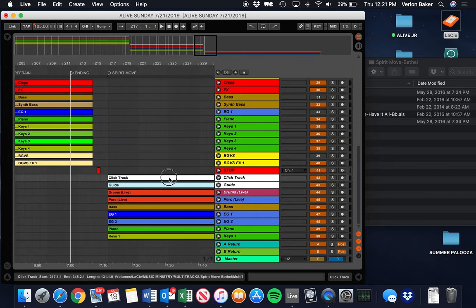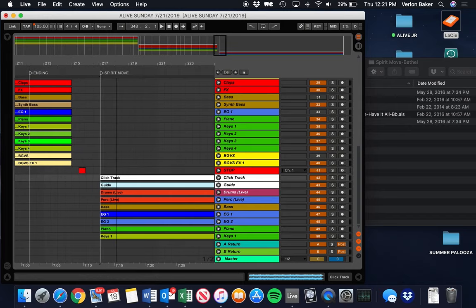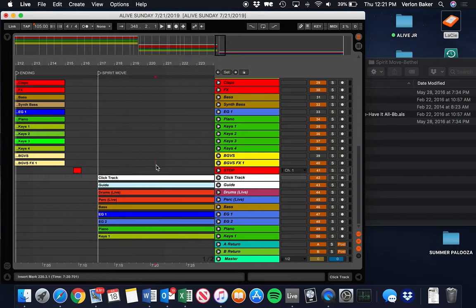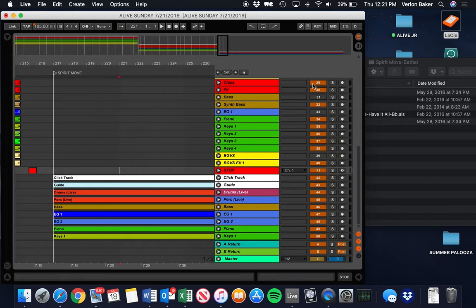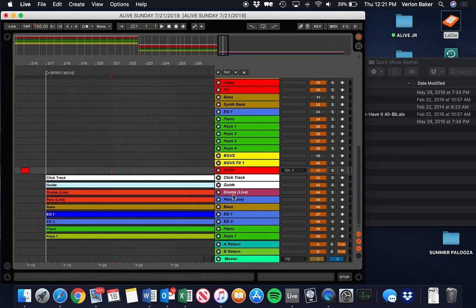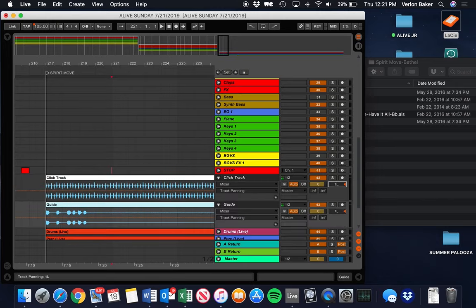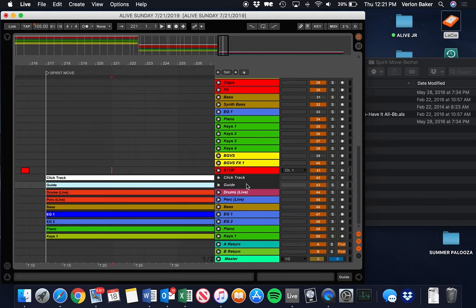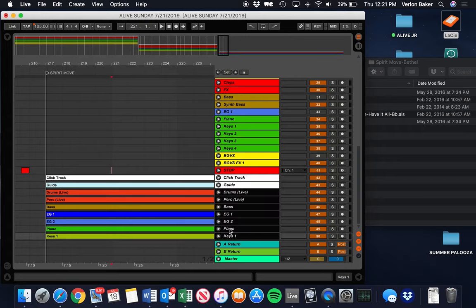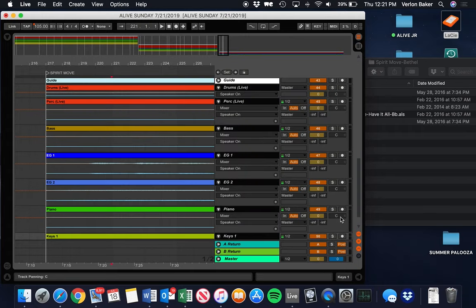Yep, and that looks good. Sometimes it acts a little funky, but you just got to finagle it in there. And I'm going to do the same thing we've been doing. So I'm going to pan the tracks, click it, pan these right,